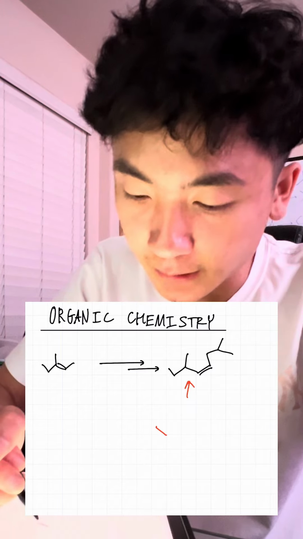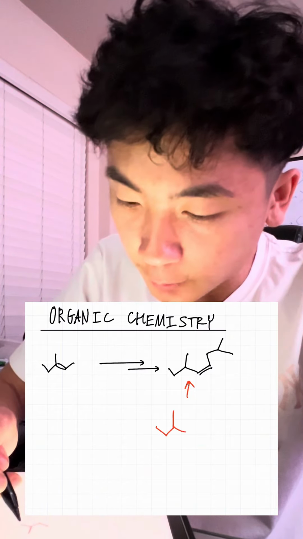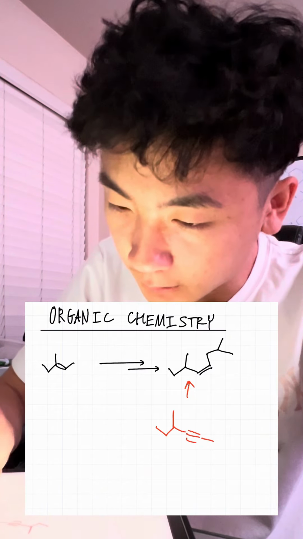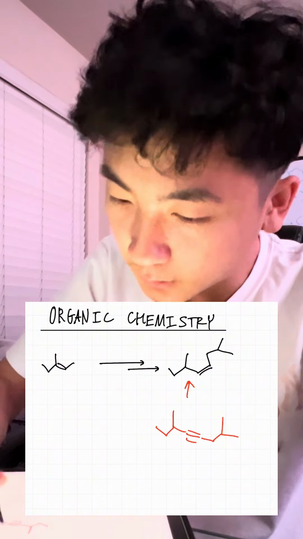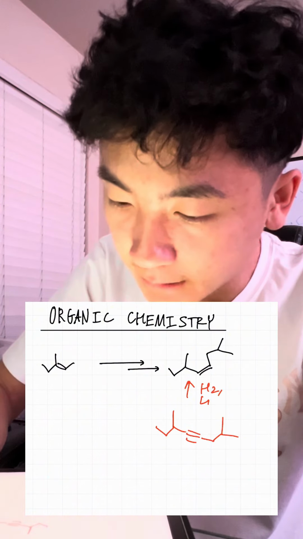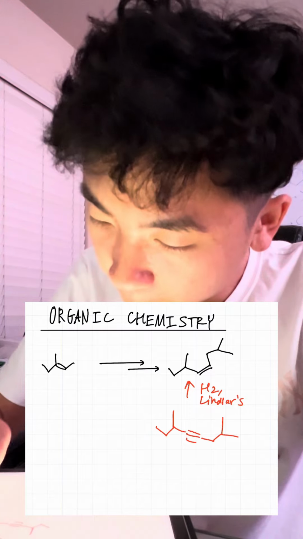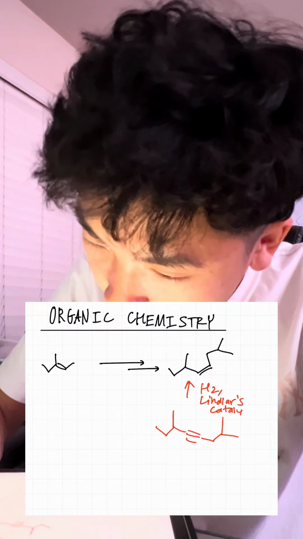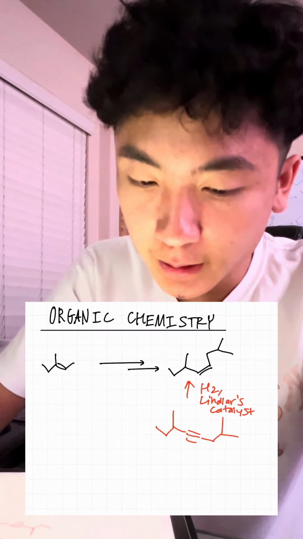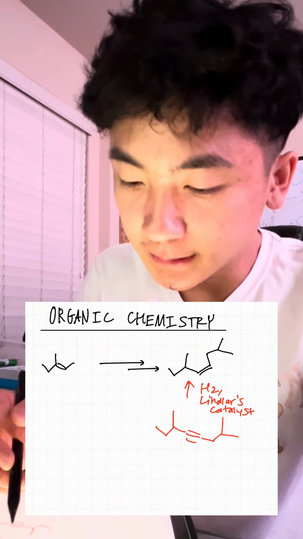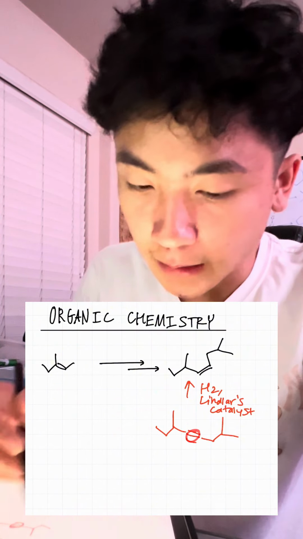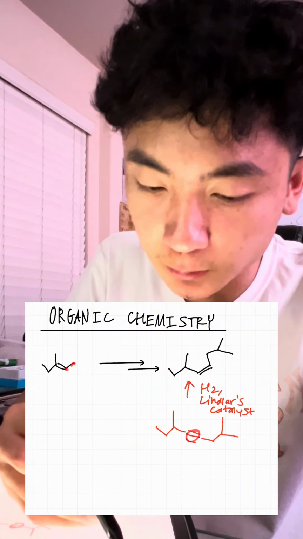that that alkene came from an alkyne where we used Lindlar's catalyst, H2 Lindlar's catalyst, to make that cis alkene. Right? And now we see that this alkyne right here came from these two carbons of the original molecule because